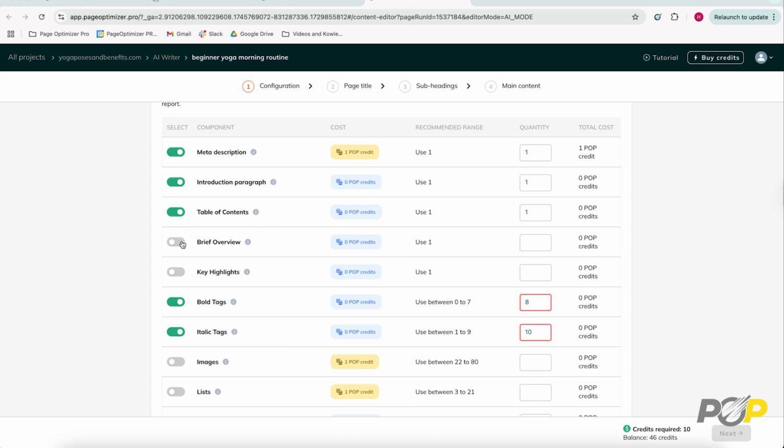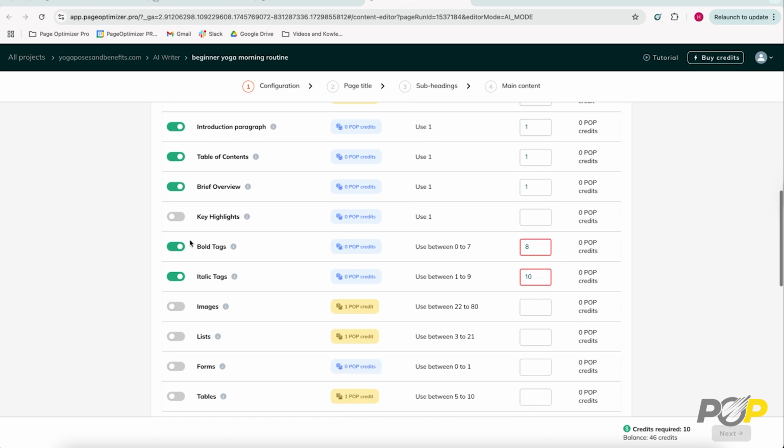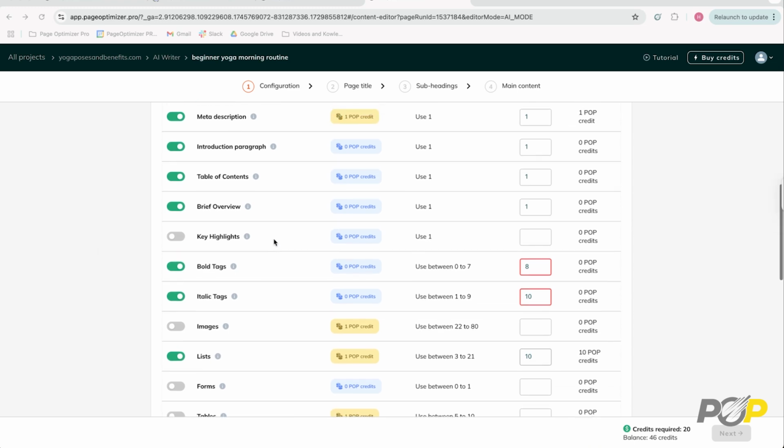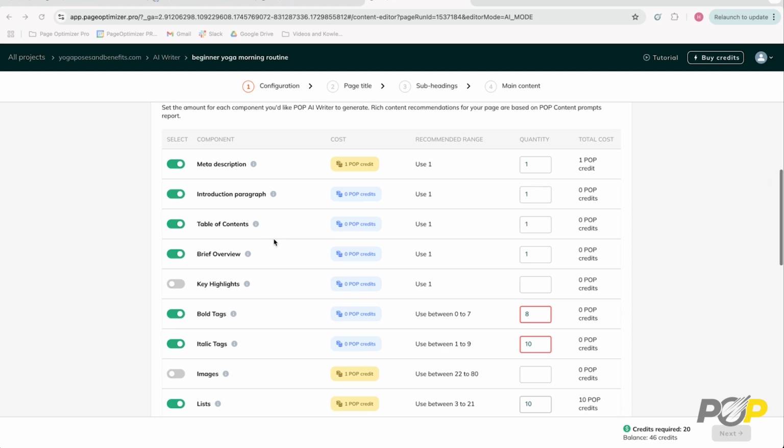You can see here as you toggle on some of the different types of content that your credit balance can be affected by how many particular pieces of rich content you're using throughout your article. There are indeed several types of rich content that the AI writer can add to your article to help enhance it. The suggested ranges, as given here, are pulled from all of that competitive data